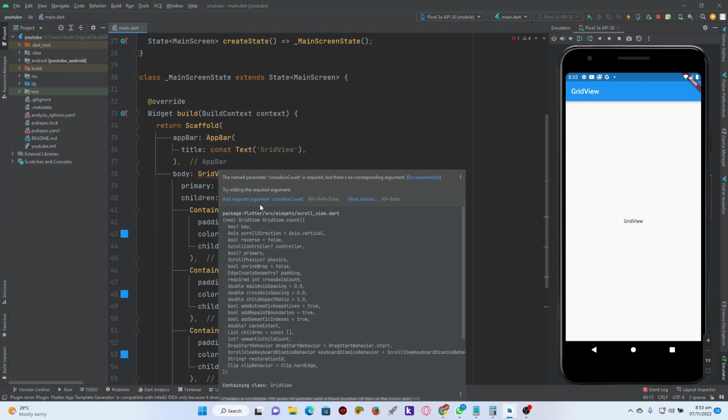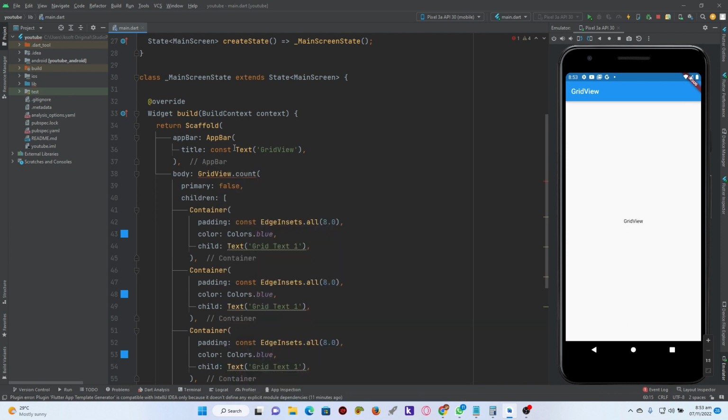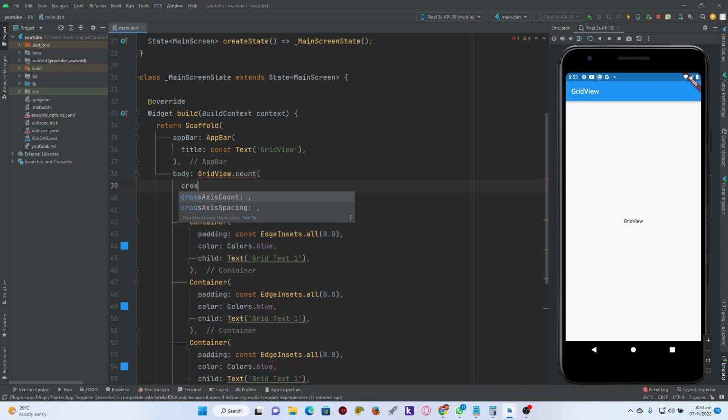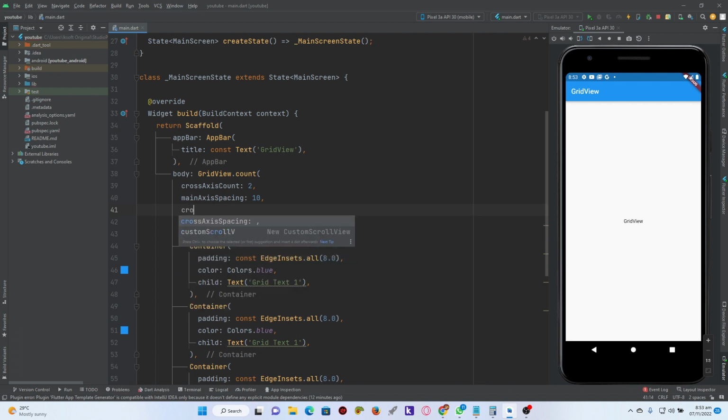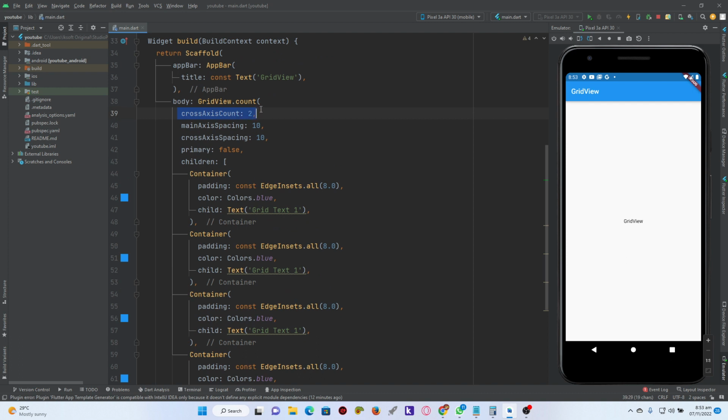Now when we are working with gridview.count, we have something called the cross axis count. It's really important. It is required. So what we're going to do is we're just going to say cross axis count. That is the cross axis count. Let's set it to 2. And I'm just going to set the main axis spacing to 10 and the cross axis spacing to 10. So basically it has a cross axis count, and it has a main axis spacing, and it has a cross axis spacing as well. All right, so let's just save this,